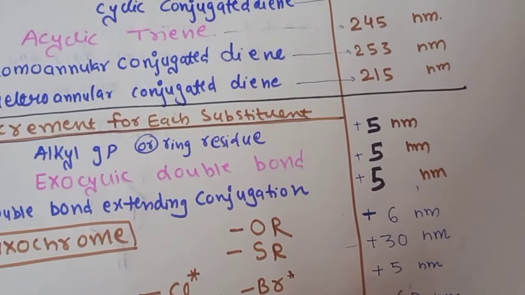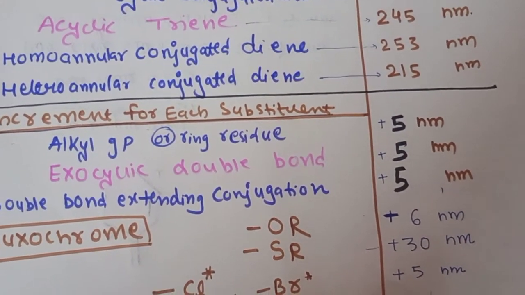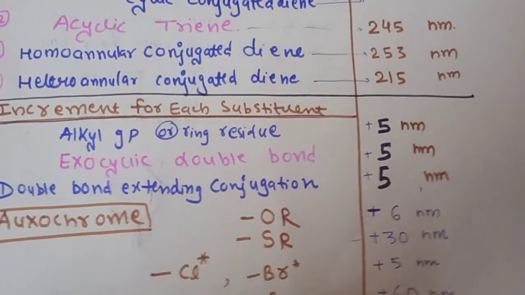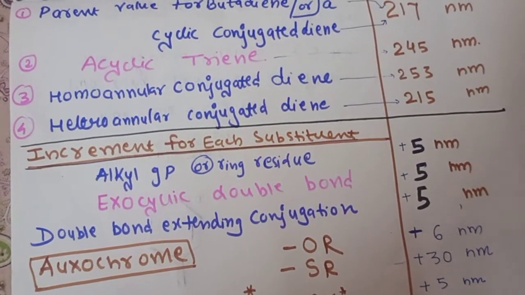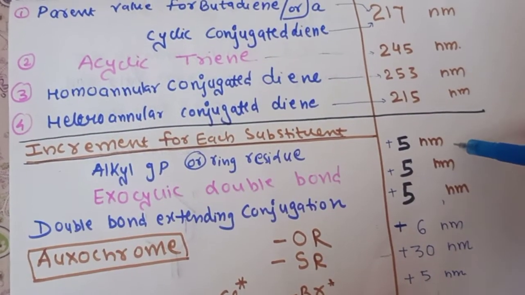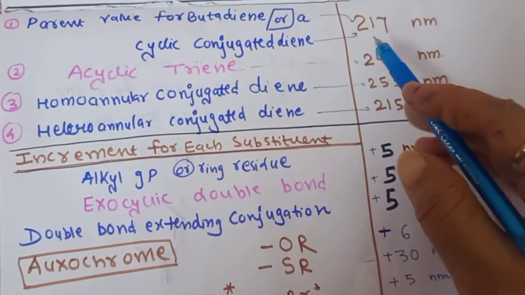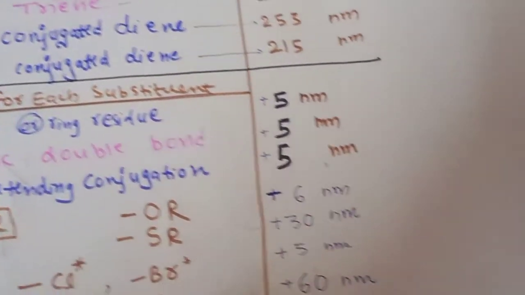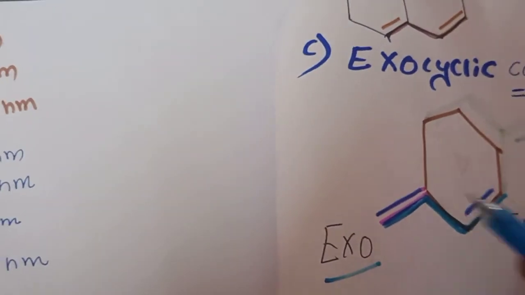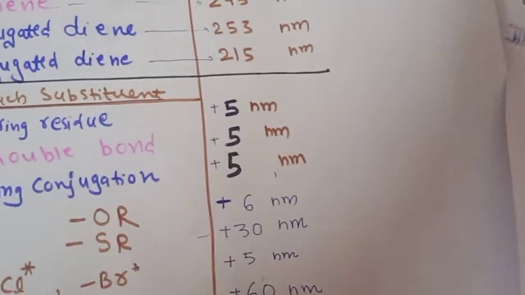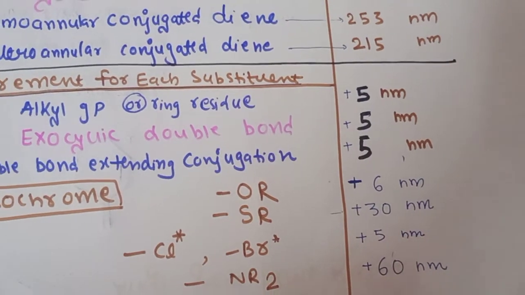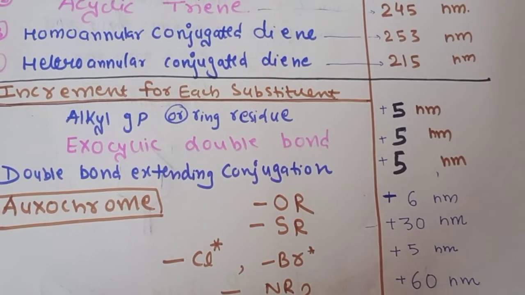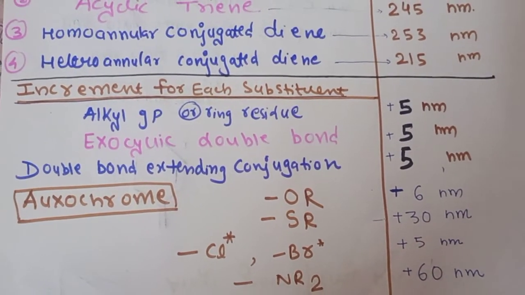Now what are the increments for each substituent? Means if one alkyl group or ring residue is added, how will the lambda maximum value change? It will have plus 5 nanometer in its basic value. Then exocyclic double bond. I hope you understand what an exocyclic double bond is. So this is the exo bond, this is the endo bond. If one exocyclic bond is present there, the value will increase by plus 5. And if a double bond extends the conjugation, means if one double bond comes into the conjugation, it will increase